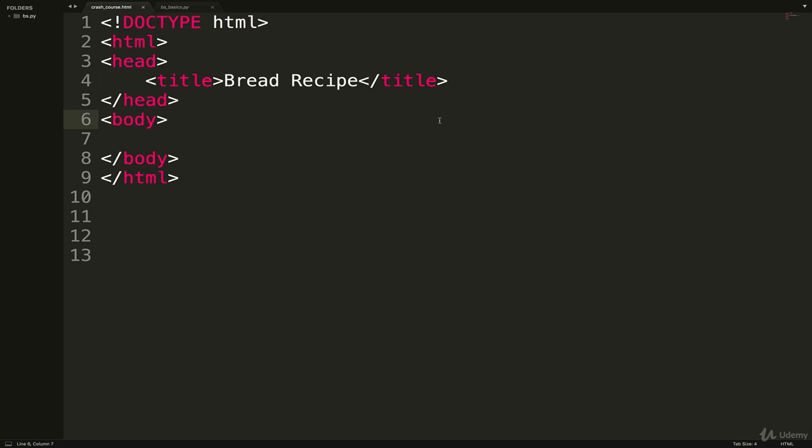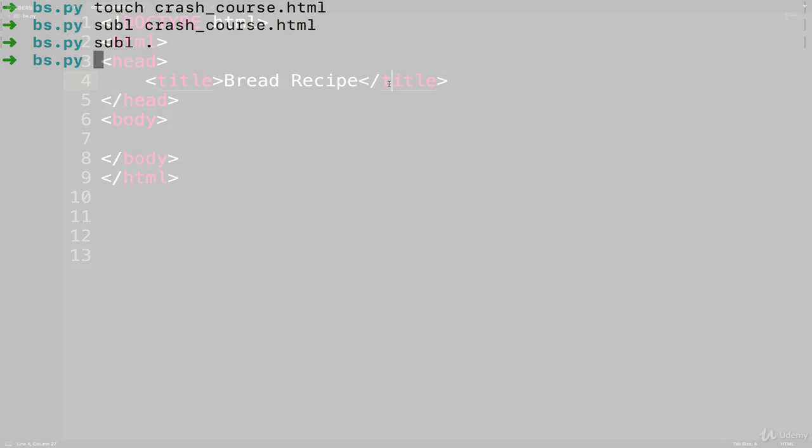So remember how I said data is sent from one computer to another, and we want to encode the structure. The other side of the equation, once we actually write HTML, is that your browser is going to receive the HTML and then render it and display it according to the rules. So if it sees a title, bread recipe is our title, what it does with the title is sort of counterintuitive if you haven't worked with HTML. It puts it at the top of the window or the top of the tab in your browser. It doesn't actually show on the page.